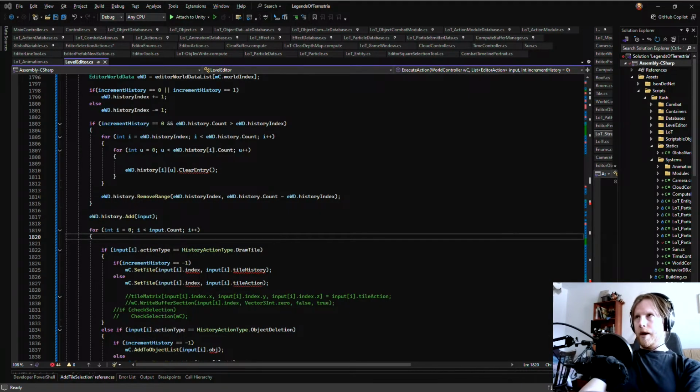And that way we can use that to minimize operation size. So whenever we need to clear out tiles, we only need to clear out tiles in the area that has any tiles.